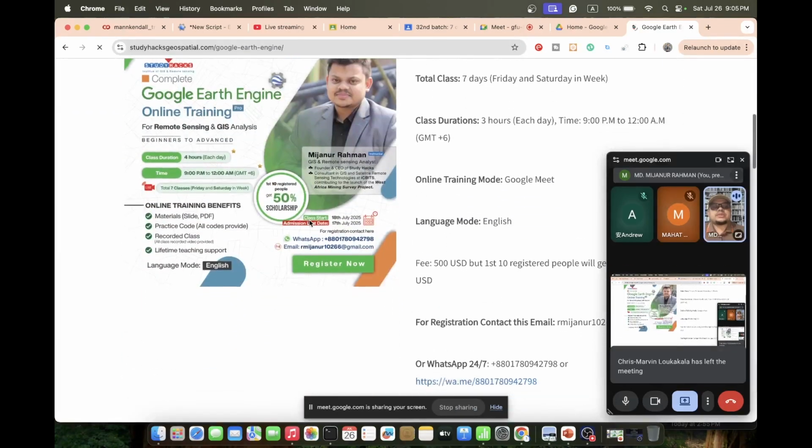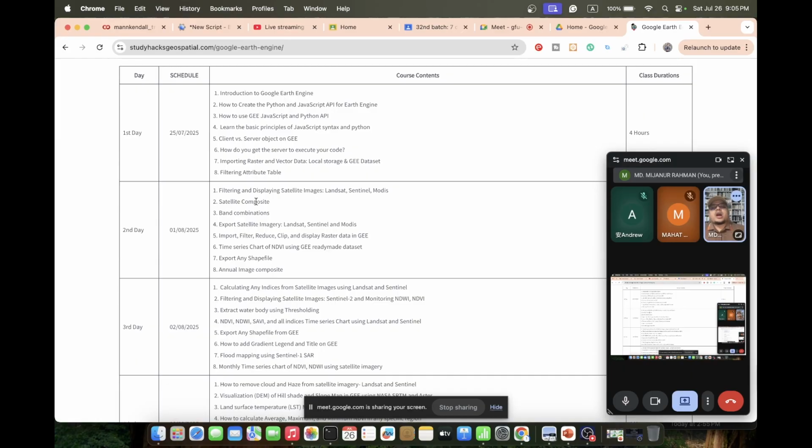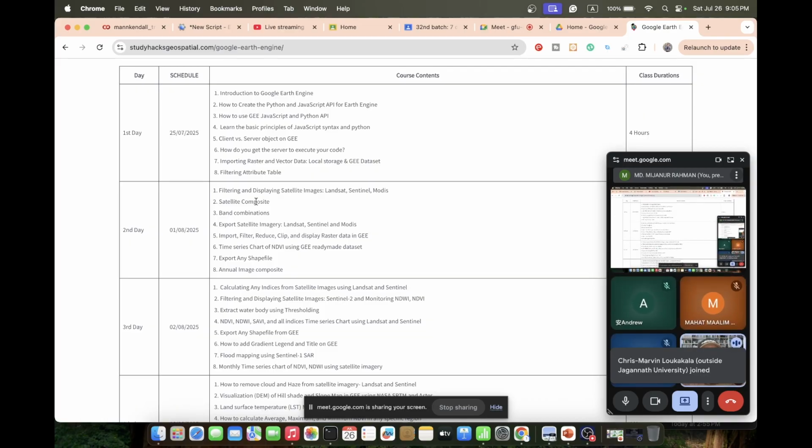Okay, so basically in today's session I will discuss how we can easily filter and display satellite images, such as Landsat, Sentinel, or MODIS. How we can easily filter and export this type of satellite images. We will also discuss how we can easily create different types of satellite composite, or band combination, as well as how to export satellite images, Landsat, Sentinel, or MODIS, as well as how we can easily import any data set in Google Earth Engine,